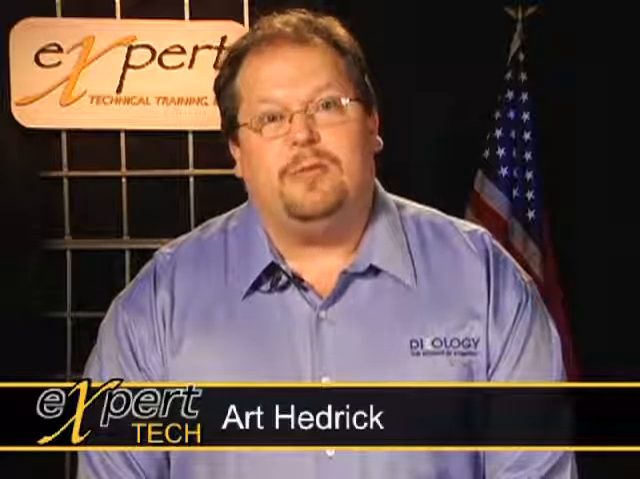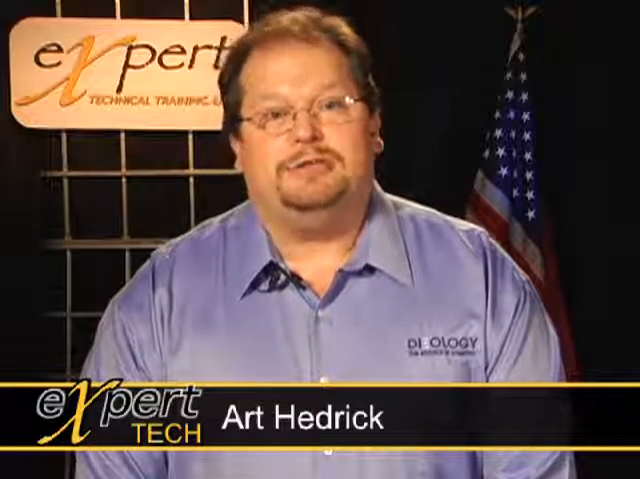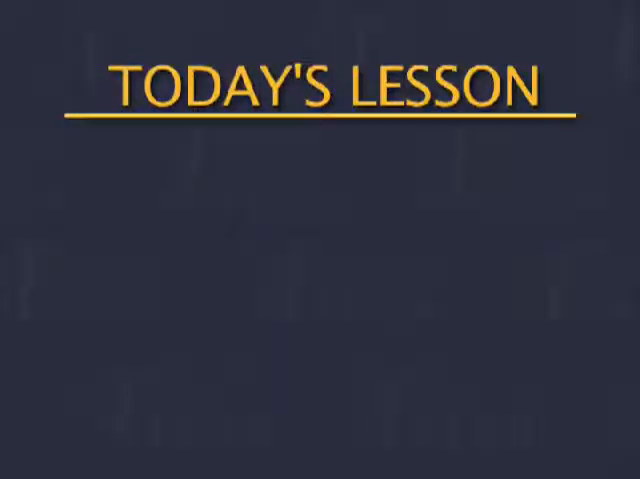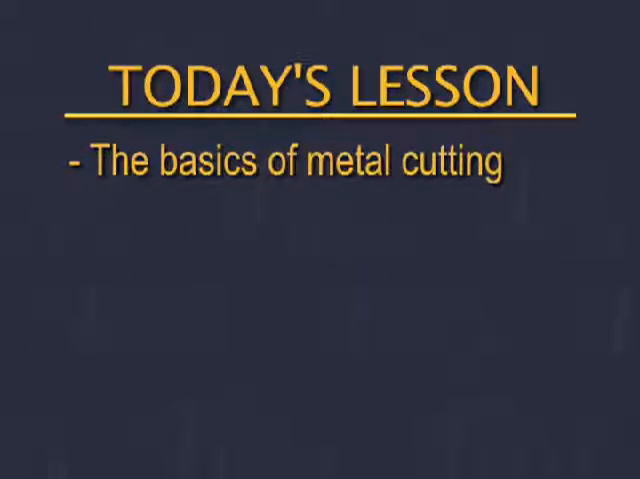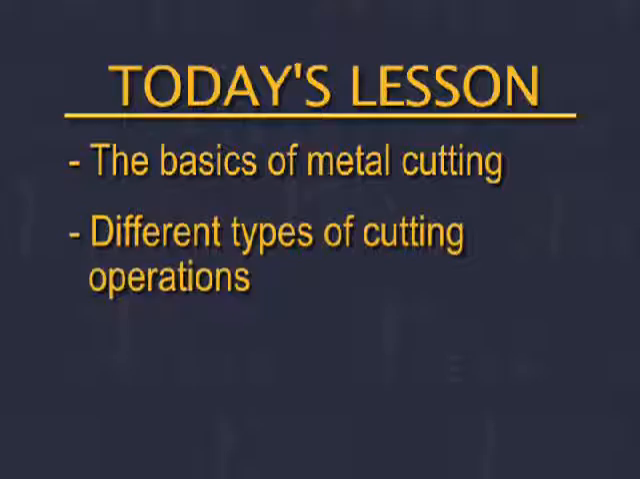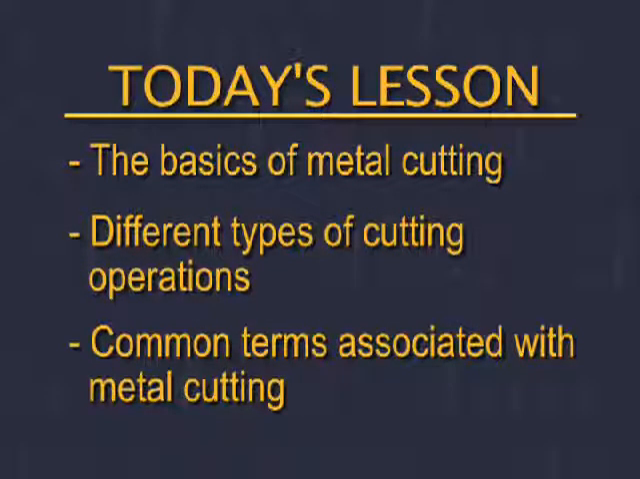In video 1 of this series, we concluded that cutting and forming were the two primary operations that could be performed in a stamping die. Our topic of choice for this video is cutting. We will discuss the basics of metal cutting, the different types of cutting operations, and some of the common terms